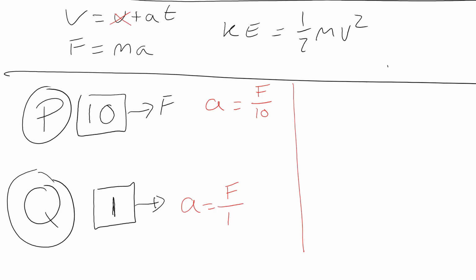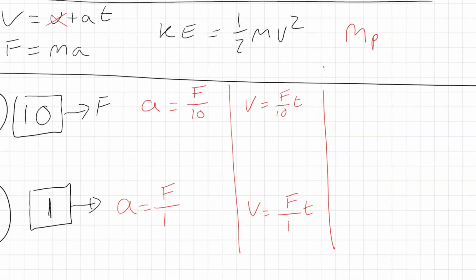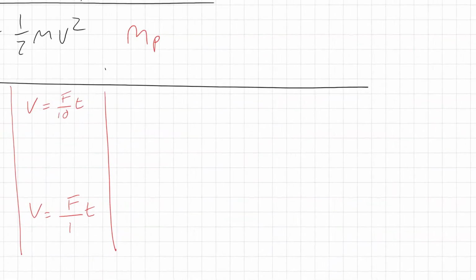For v equals u plus at, the question says it's at rest, so we can get rid of that. So v equals at. So v equals F over 10t, because a is F over 10, and for Q, v equals F over 1t. I could have probably got rid of that over 1, but I'm not going to. Right, so we've got that set up. Right, let's stick in